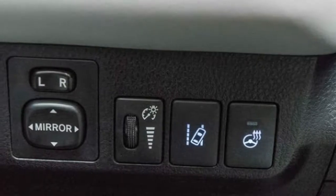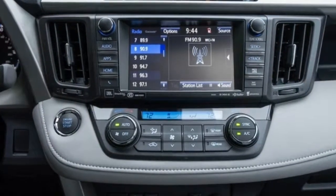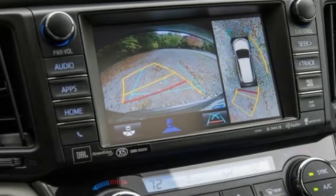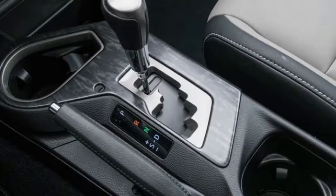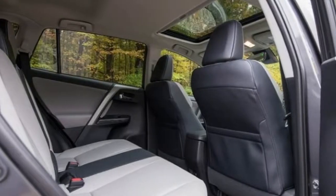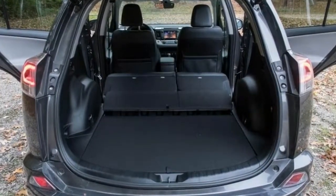The RAV4 lineup also reaches somewhat higher than before with a range-topping Platinum trim that is new for 2017. At a lofty price of $35,690 for a front-wheel drive version, add $1,400 for all-wheel drive. The Platinum includes a monochromatic exterior and luxury features, for example, a heated steering wheel, a power liftgate, and a